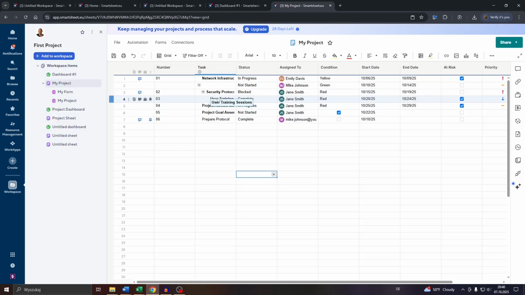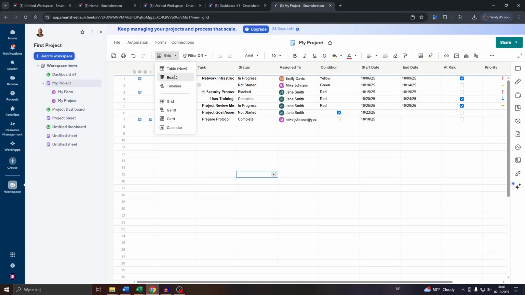Head over to your Smartsheet account, access your workspace, and after that also a workspace item like a project sheet. As you can see, I have added a hierarchy here with that indent. So what you want to do is simply navigate to your project sheet and switch to the grid view. To do that, click into the current view drop-down menu here and switch from the table, board view, or Gantt